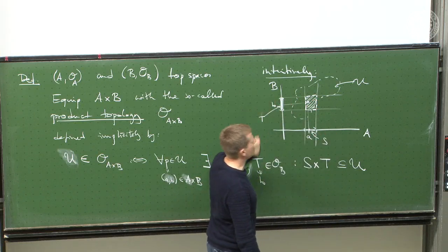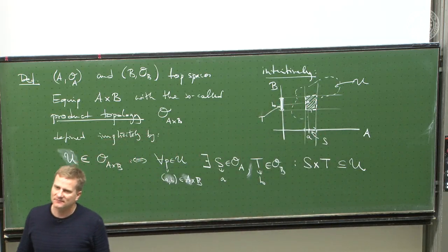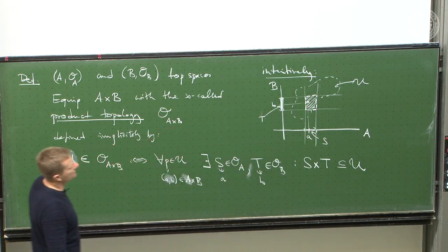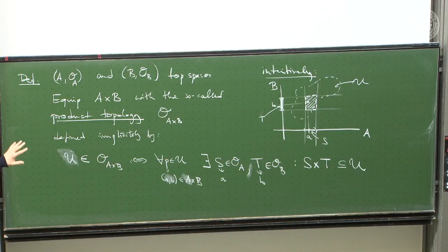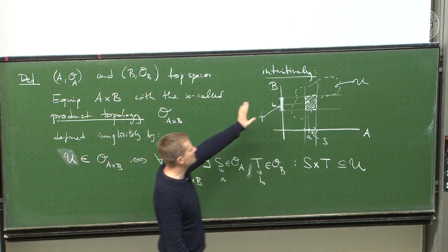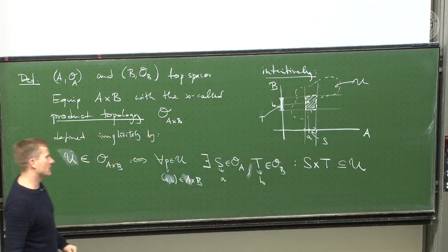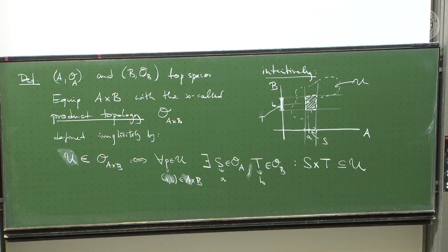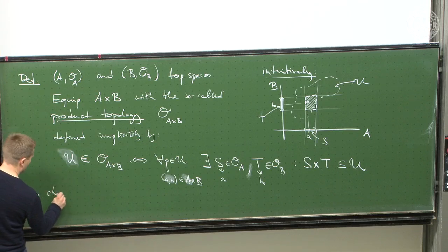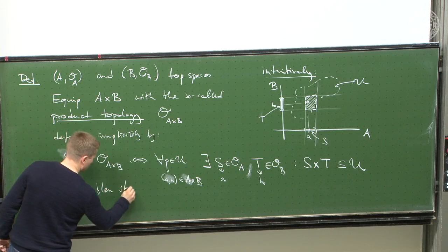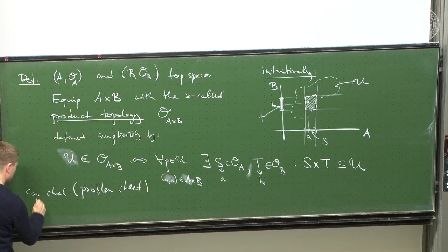It depends on what topology on A and B you have, whether a set in the Cartesian product of A and B is open or not. I mean, very intuitively, this is inspired by the standard topology, by A and B being the real lines in standard topology. This is the picture to remember if you want to write down this general definition, and I ask you to check on the problem sheet